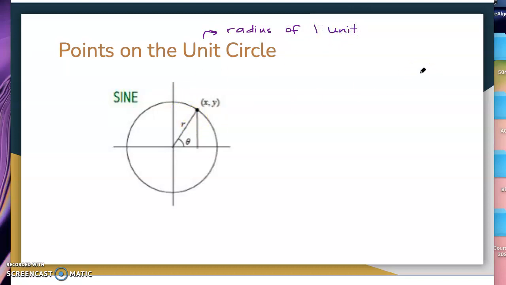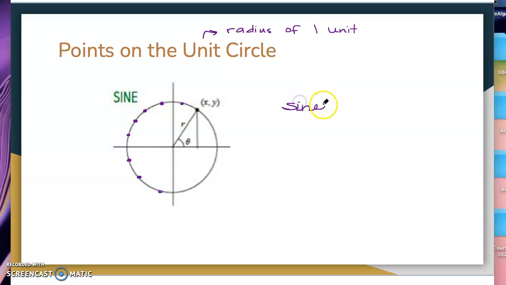And we can then use this idea of the circle. We can change the radius length, but we still have all of these infinite points along the outside of this circle that we can assign an ordered pair. Now, we know that ordered pairs on the coordinate plane relate to x and y. Sine,